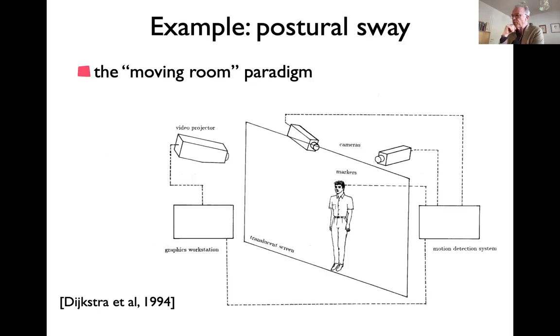I want to give you an example from my own career. I studied with someone called Tjeerd Dijkstra in St. Gielen in the Netherlands. Upright standing in the moving room paradigm. It's a posture sway. It's a very well-known paradigm where it turns out that when you stand upright, you sway a little bit. It's a sort of a mechanically unstable thing, and you have to control your stance all the time. And it's very well known that vision is one contribution. If you close your eyes, you sway more. And if you open your eyes and the world is swaying a little bit, the moving room is that the environment is moved, then you're sort of entrained by that environment.